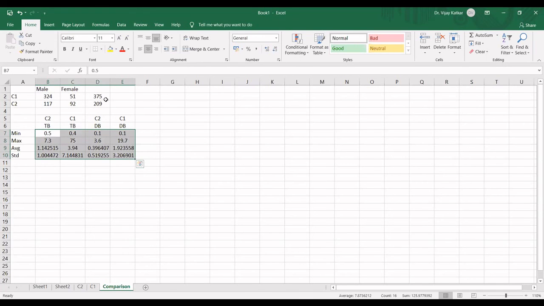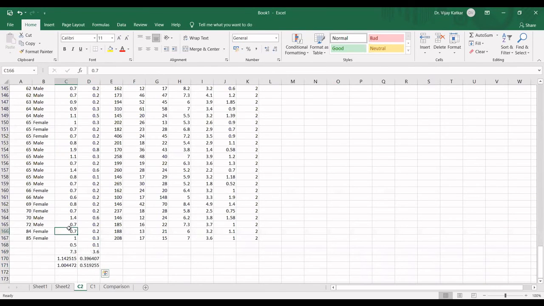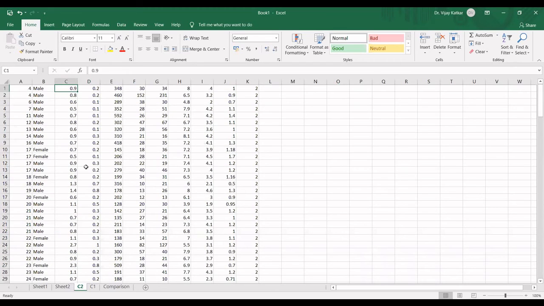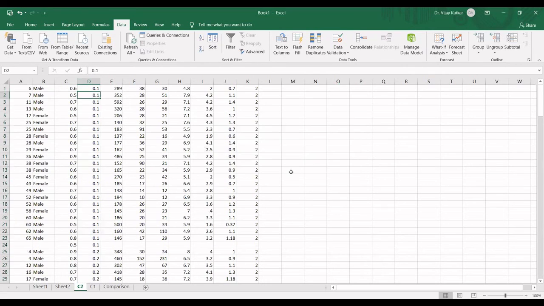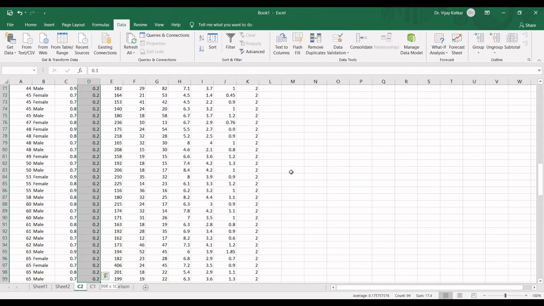So attributes are good. They are different also, but there is overlapping. And how much is the overlapping? That is also important. So if you want to check how much is overlapping, we can go here simply and sort these values, data, A to Z for 0.1 up to, let's say, some value, no?